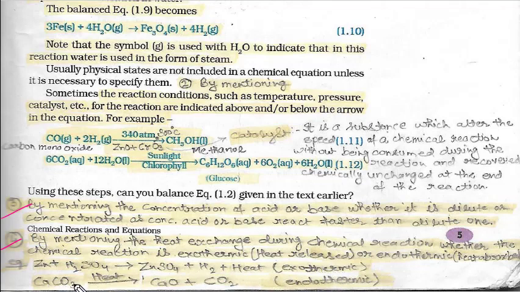The next reaction is calcium carbonate, which on heating forms calcium oxide plus carbon dioxide. Now this reaction is endothermic. Why? Because heat is provided to break down calcium carbonate into calcium oxide and carbon dioxide. So this is all for our today's